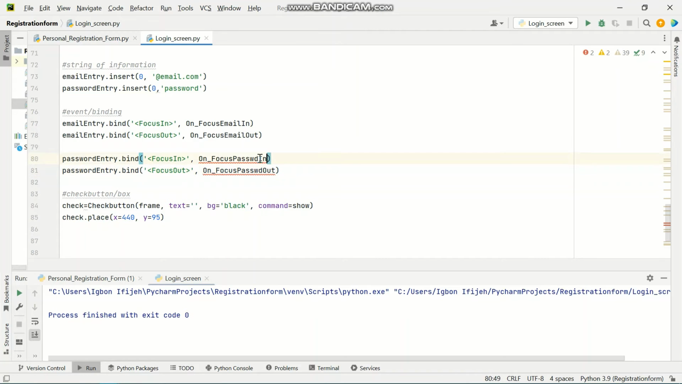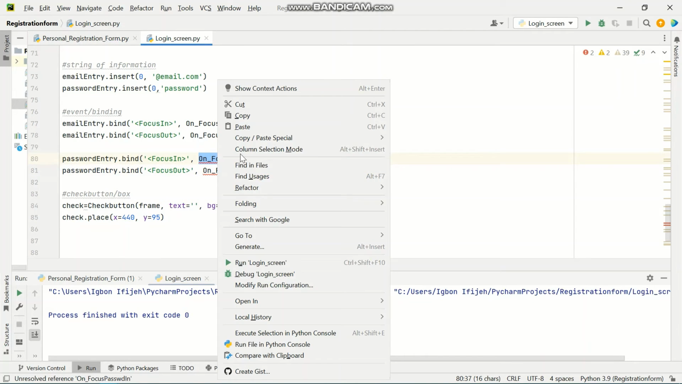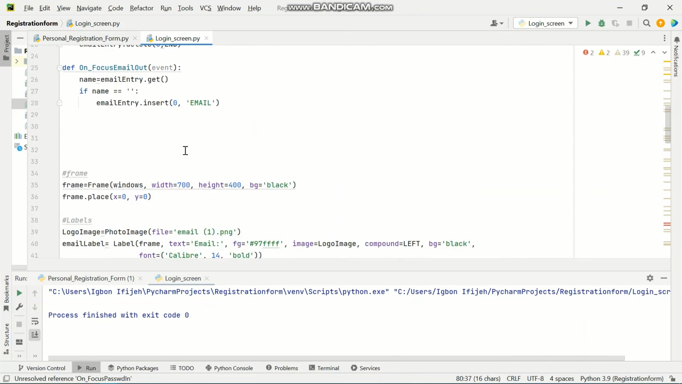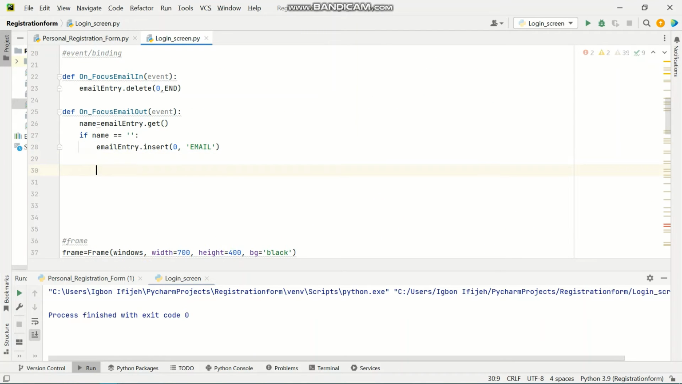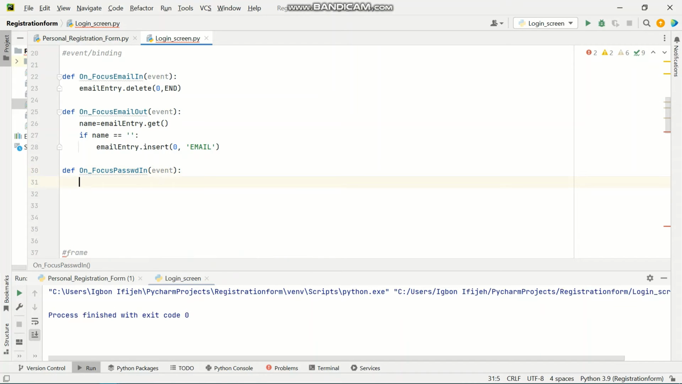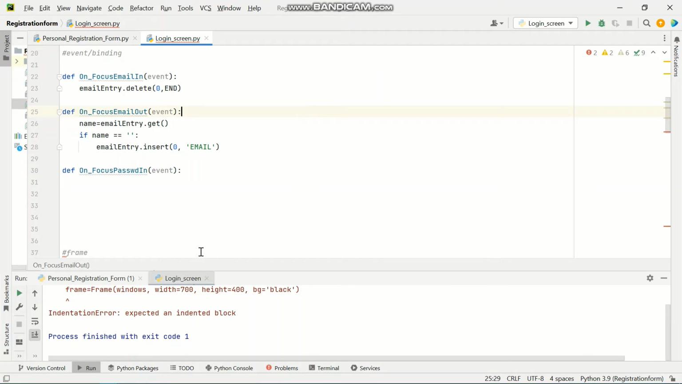So let me copy this and go and define the handler. Okay, so I'm going to define that handler, and we have to ensure that we use our event so that the definition will understand that truly that is an event that should take place somewhere. Okay, and so now I want the situation where my password,